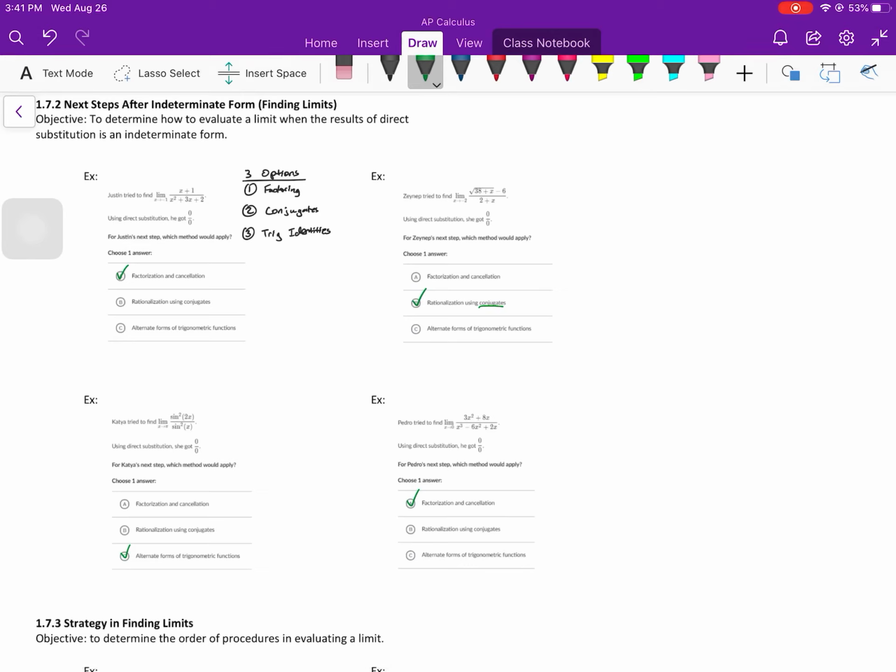So this should be a really simple assignment, but it is important because this is exactly what I was talking about earlier, that what makes algebraic limits so difficult is students are always like, what do I do? Whenever I show you exactly what to do, we go through that one assignment, you have no problem with it. It's whenever we get to putting it all together, that's when you get confused. So if we end up in that situation of 0 over 0, here's what you do next. Do we need to factor? Do we need to do the conjugate? Or do we need to